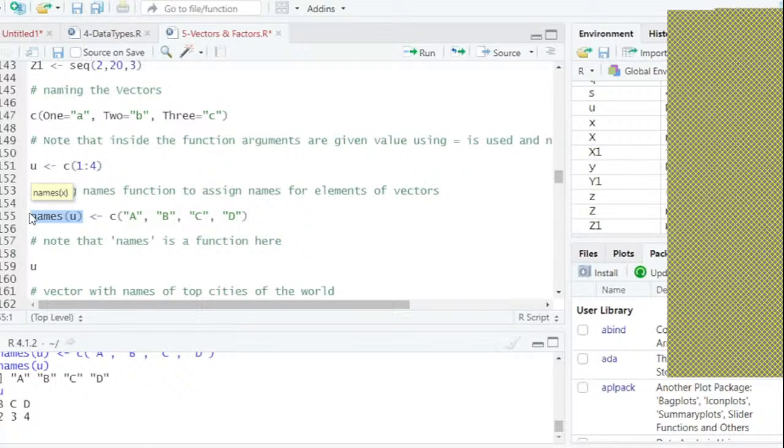What is one and? Wherever I use and, Arup, okay, one and a. One is a vector element. A is the name given to that element. Okay. Here notice names is a function here. It is assigning names to you. Okay. Names is a function here. Clear? Arup,